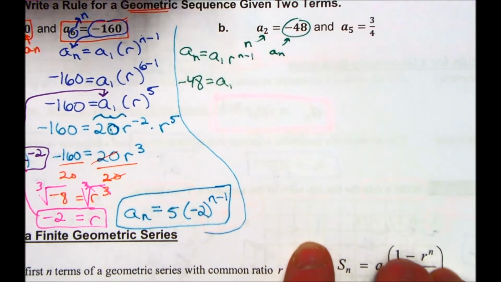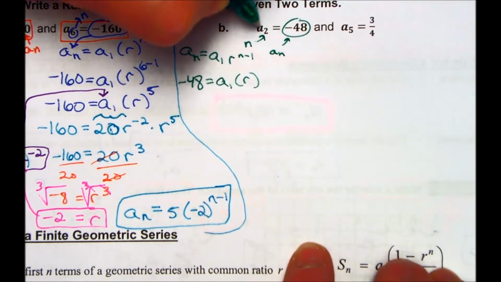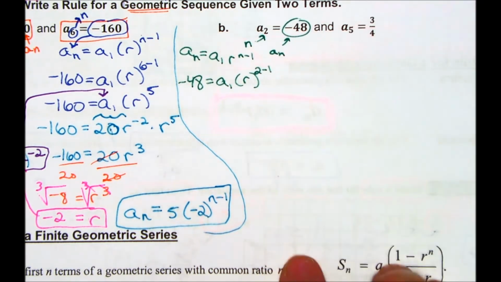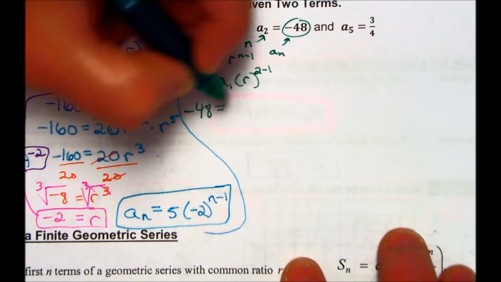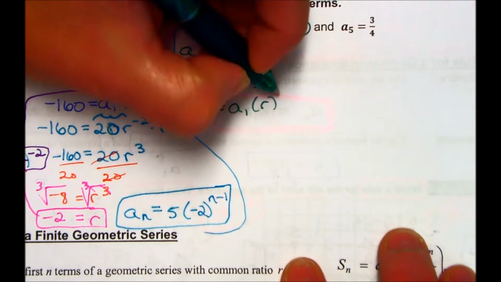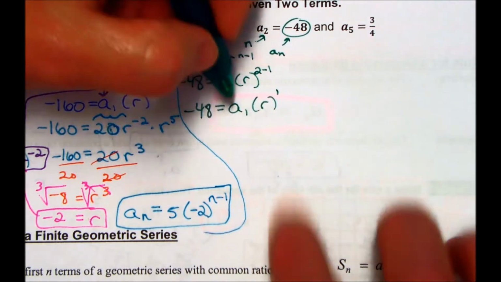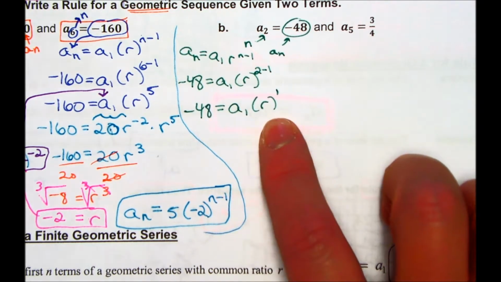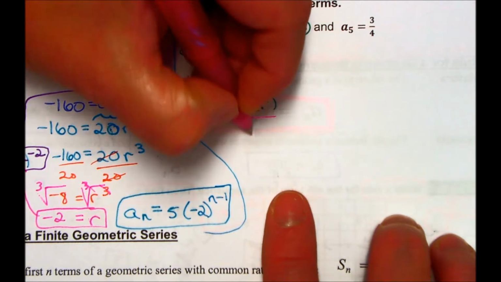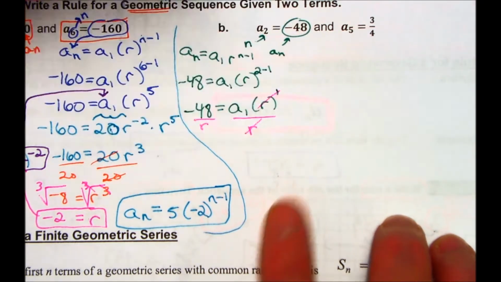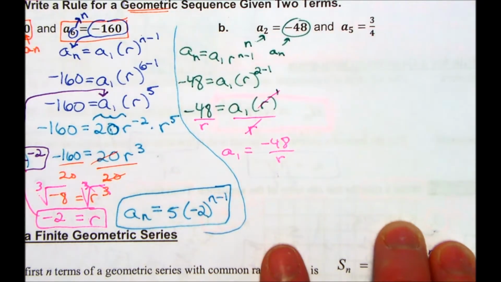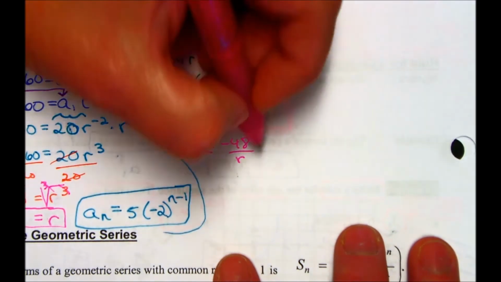A sub 1 I do not know. R we do not know, but my n is 2. So if I take 2 minus 1 in my exponent, I'm going to get 1. So negative 48 equals a sub 1 times r to the first power. And this would probably be the easiest one to solve for a sub 1, so I'm going to go ahead and do that right now. If I just divide by r on both sides of the equation, I get a sub 1 equals negative 48 over r, which you could also rewrite as negative 48